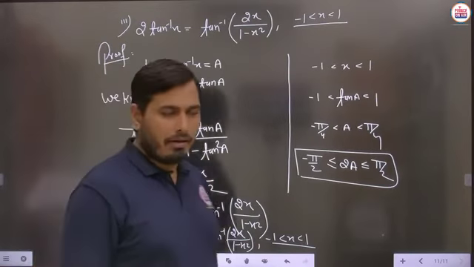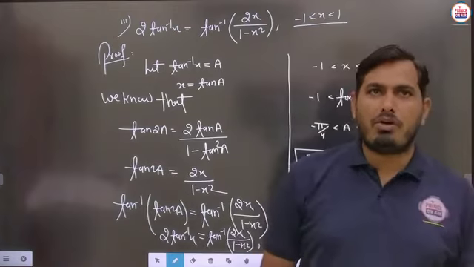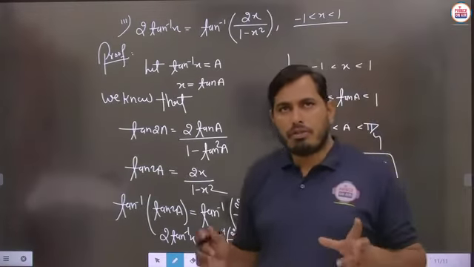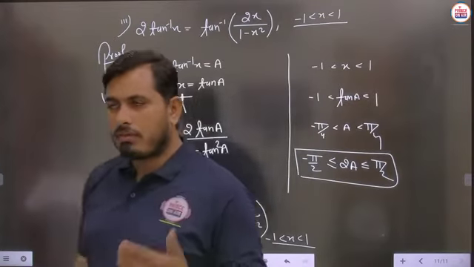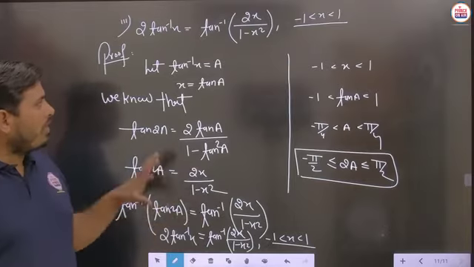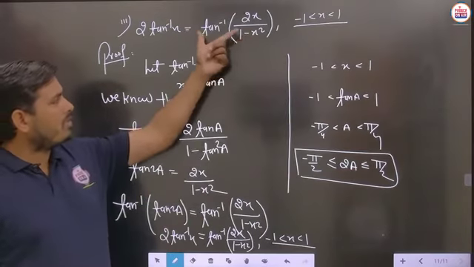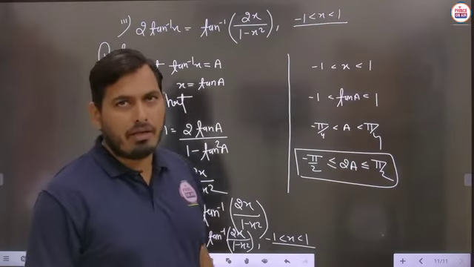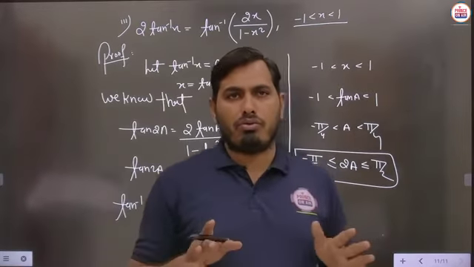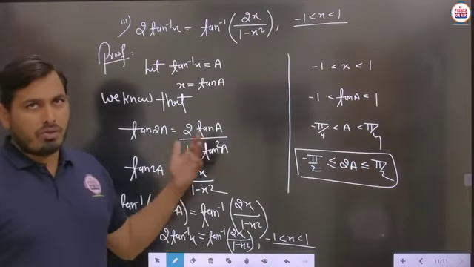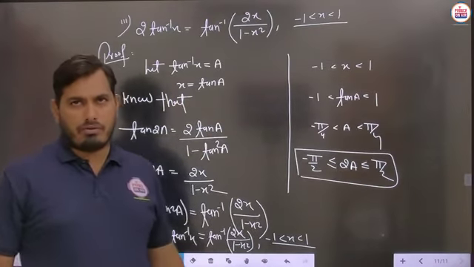Is it clear? So students, these properties are very important, and we can see the basic proof of these properties in some examinations. Sometimes these properties get asked, and somewhere, suppose we have to write the simplest form of this, then the simplest form will be written like this: 2 tan inverse of x. Is it clear? This thing you can do by using any kind of trigonometric substitution, as well as you can use the direct results also. Is it clear?